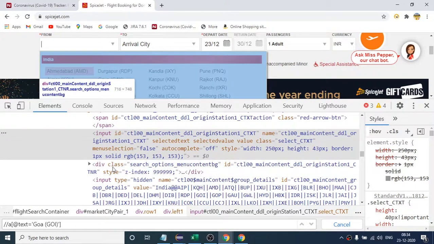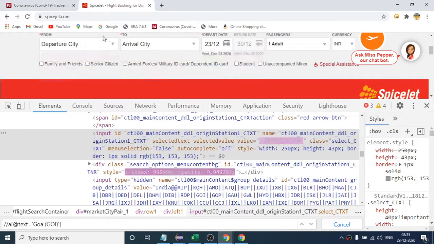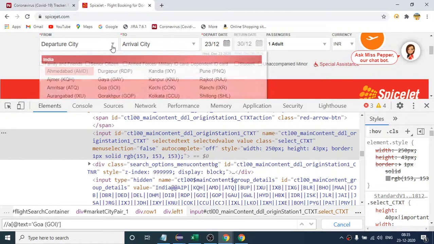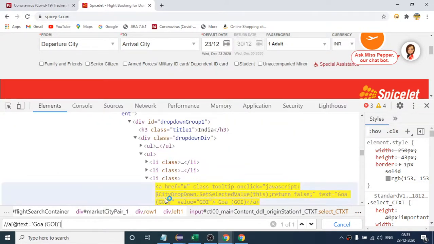Earlier it was not coming, and even if I minimize this, then only this data will be present, right? So it will not go, right? So now this class is going to be present inside our HTML code. So even if I refresh this, again nothing will happen because this code is already present. So if I hit enter now, as all the cities' code is present, it will highlight my city, which is correct, right?